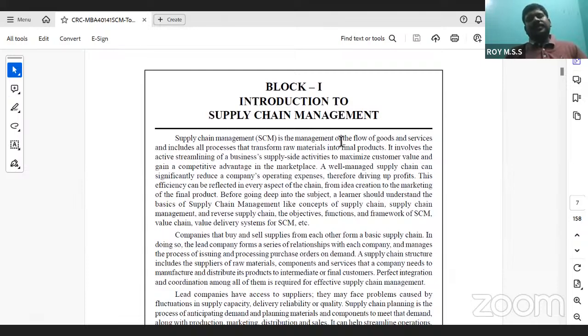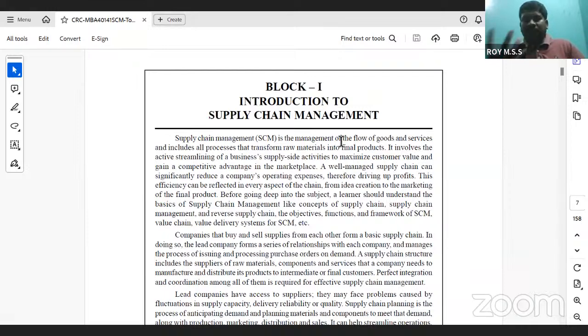One important cautioning thing here is that if the overall supply chain process, from the flow of goods and services to the finished product, is not well managed or well planned, in other words, what the first step, second, third, fourth, fifth is, definitely the overall operating expenses will increase, right? And of course, if the expenses increase, then the profits will decrease, right? And many times, even the sales will decrease if the expenses increase.